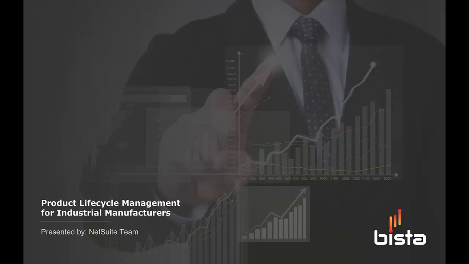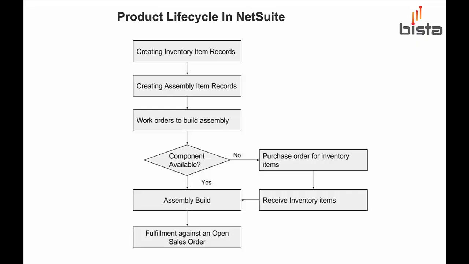In this video, we will be talking about a product lifecycle, bin management and shipping in NetSuite. Let us see how parts purchased will be a component of an assembly item which will be eventually sold off. First, we need to create the inventory and assembly item records in NetSuite. Inventory item is basically the raw material that is used to manufacture the assembly item. An assembly item is made of several components but identified as a single item.